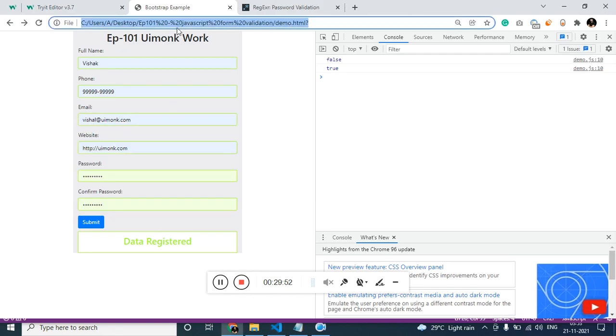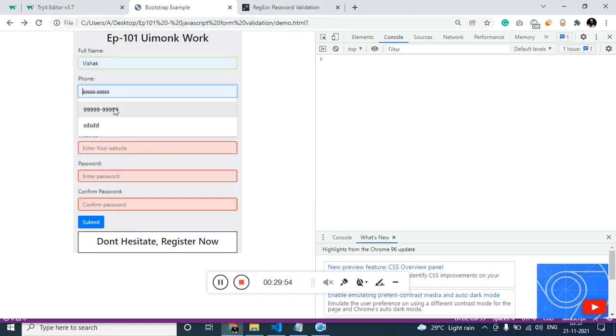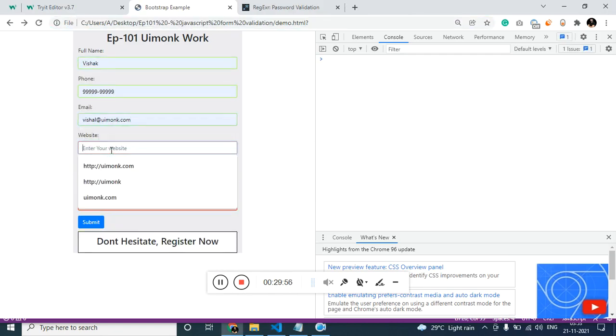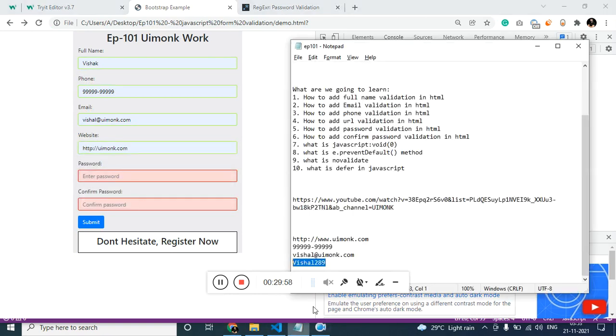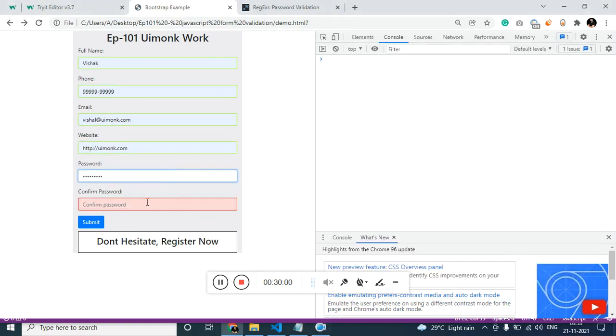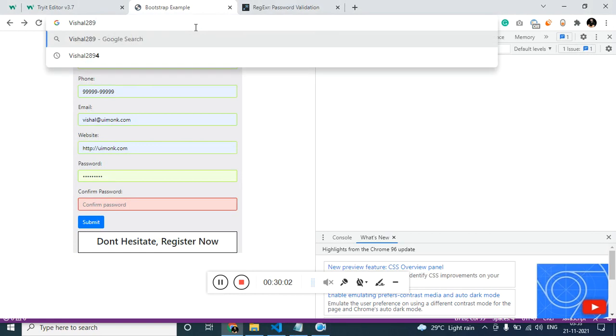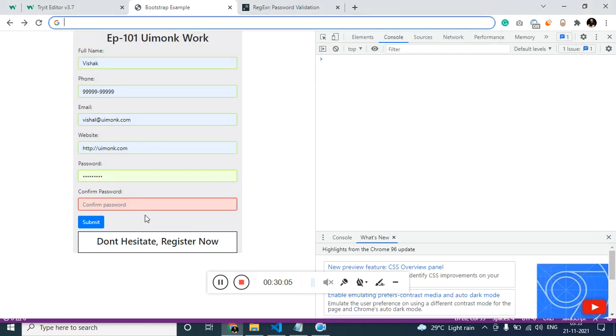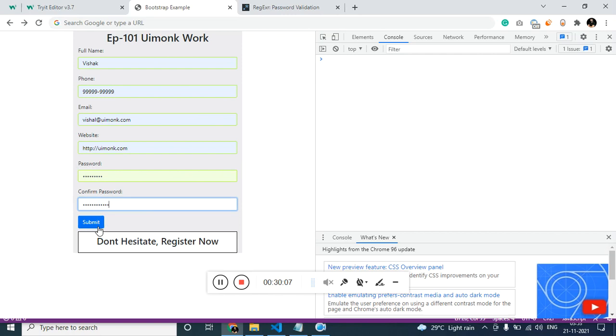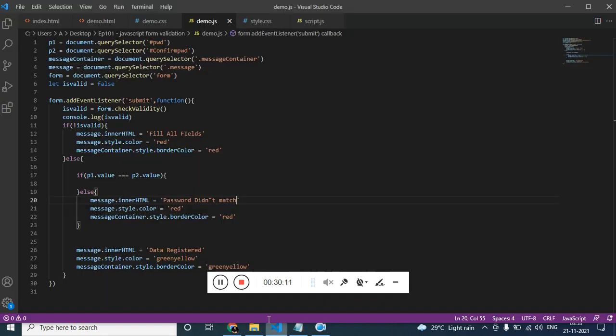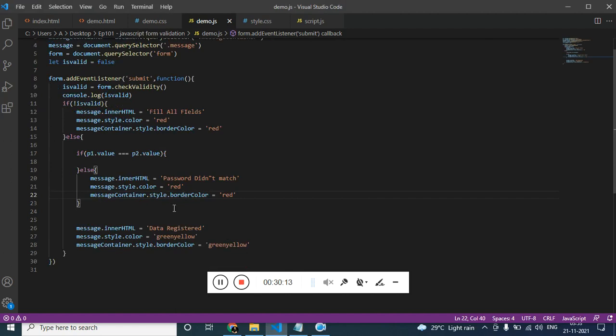Let's try. Let's fill all the values right, and let's fill one value and the other value as something which is not the usual password. Click on submit. It says data registered. Actually it should not say data registered.